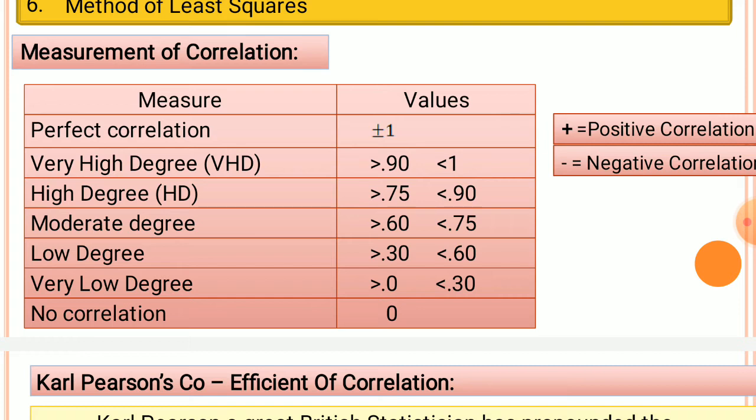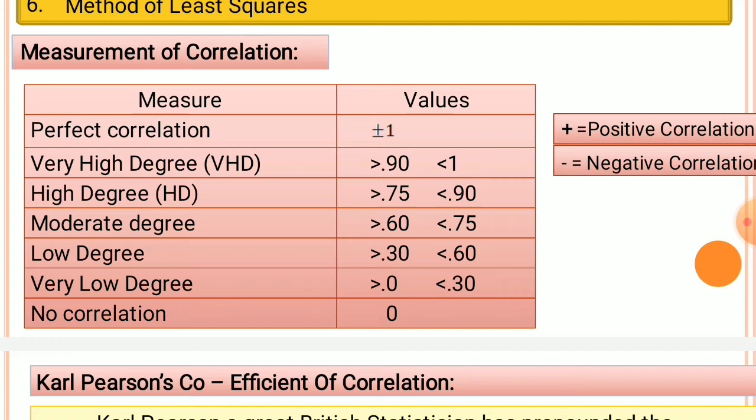And if the value is less than 0.75 and more than 0.60, then it is called a